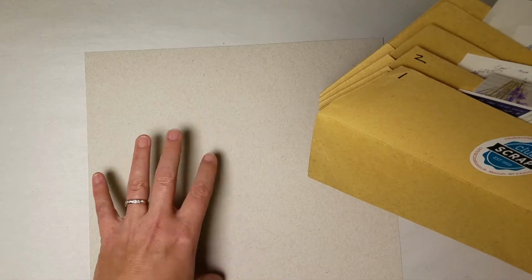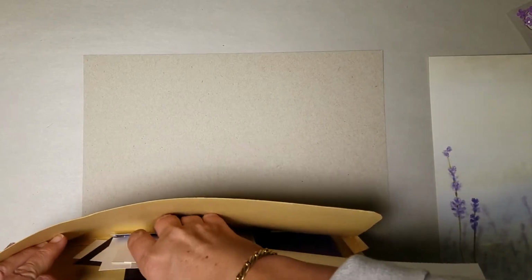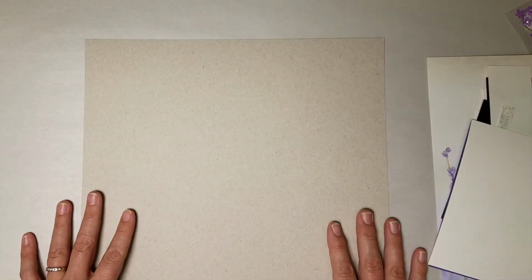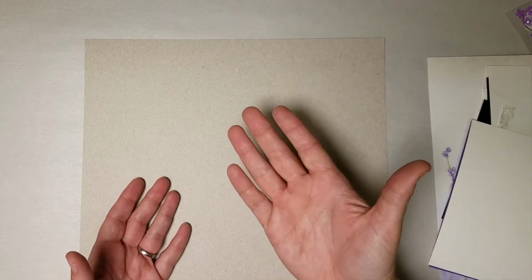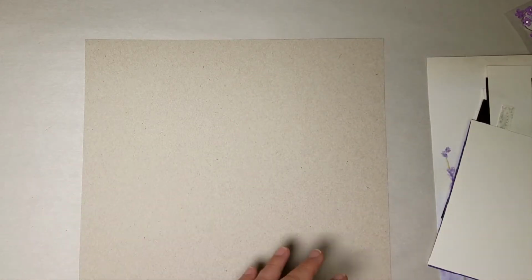Let's begin by placing a stone 12 by 12 plane on our work surface. That should be the piece that is on the top of your pile. And this actually is the base for layout number 8. So if you're new to this, I start out with the 8th page and we stack and work our way up to page 1. That way if something gets misplaced, you can easily find where it lives before you adhere